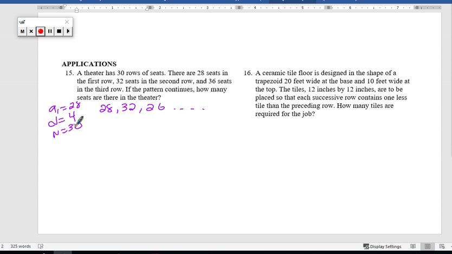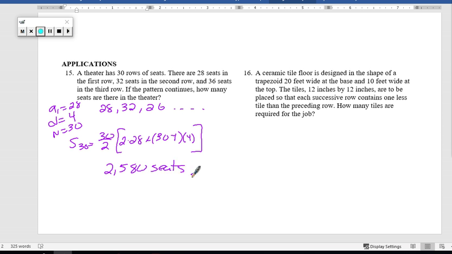We want to know how many seats are in the theater altogether, so that would be summing up everything. From this here, we can just figure out a couple of things. I'm going to go ahead and use that first formula. So S of 30 is equal to 30 over 2. That's going to be 2 times 28, our a sub 1, plus 30 minus 1, 30 being our n, times our common difference of 4. And that's going to yield us 2,580